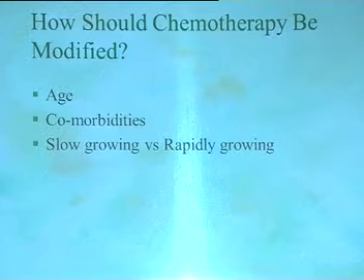But we modify chemotherapy in adult sarcomas based on their age, with the comorbidities, and we also analyze slow growing or rapidly growing. One has to take a call in the sense that if somebody has an alveolar soft part sarcoma in the lung and is doing perfectly well, one is not going to subject him to chemotherapy because we know that the traditional chemotherapy does not work there.